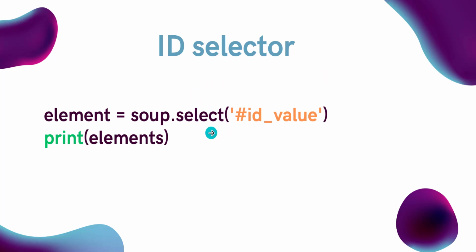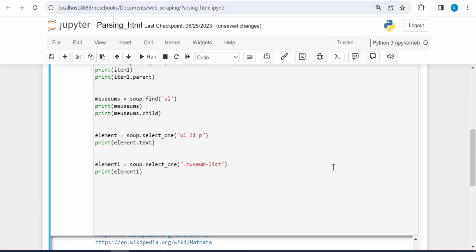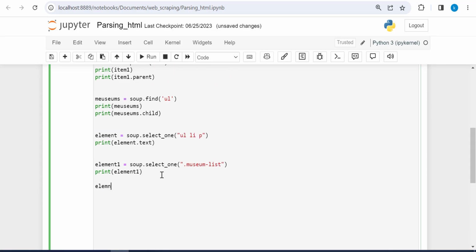So here for the dot select and dot select_one, it's like find and find all. Find is for one element and find all is for all the elements. Select is to find all the elements with a certain ID or a certain class name. So let's try this ID, copy it back to Jupyter Notebook, and we will write element2 will be equal to